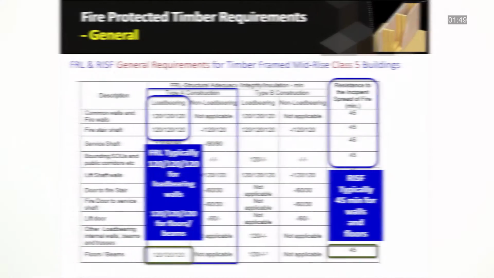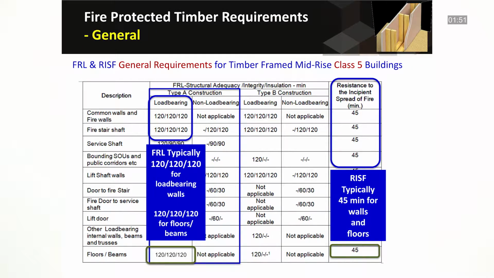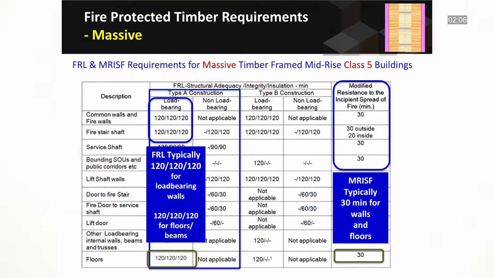For Type A construction, the general requirements for lightweight construction in Class 5 buildings for load-bearing wall and floor elements require an FRL of 120-120-120, as you can see here highlighted, and also a resistance to incipient spread of fire, again of 45 minutes. For massive timber systems in Class 5 buildings, the FRL for load-bearing doesn't change. The requirement is still generally 120-120-120, and the modified resistance to incipient spread of fire of 30 minutes